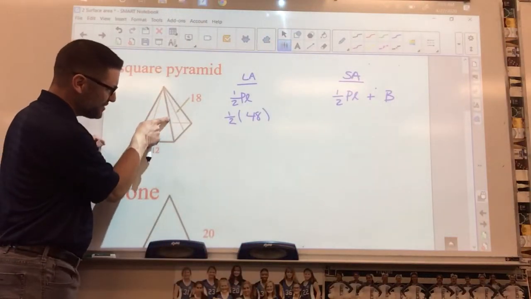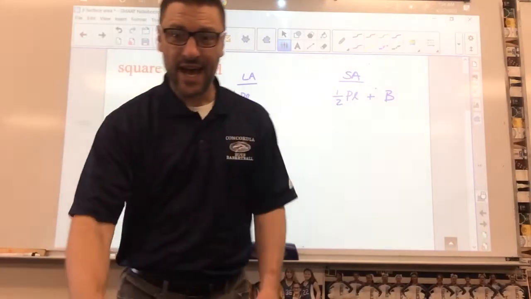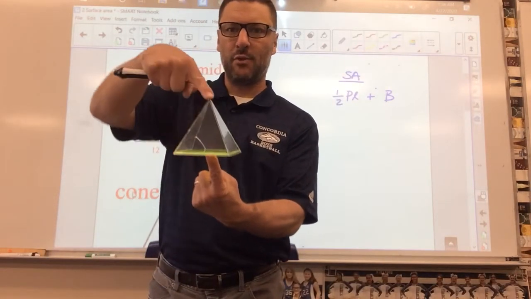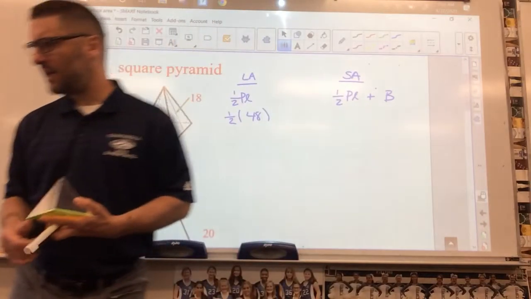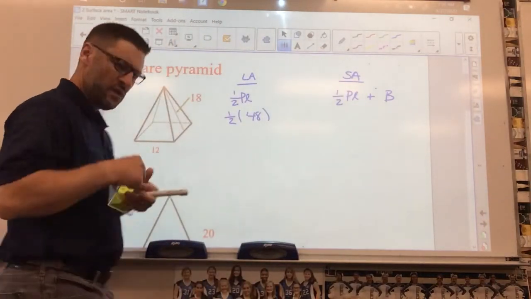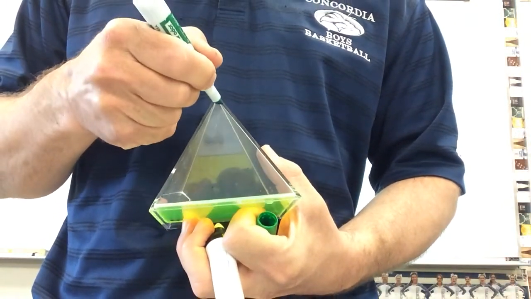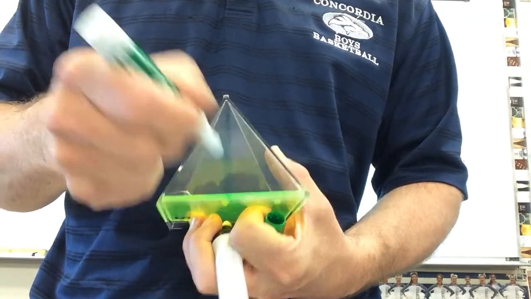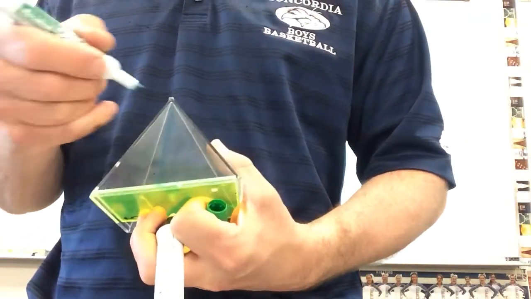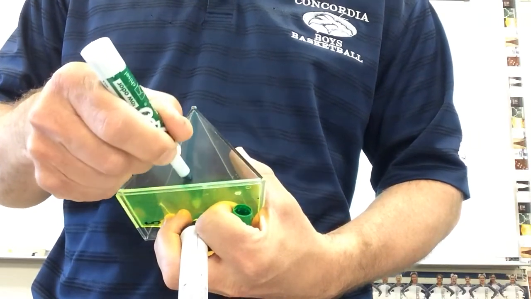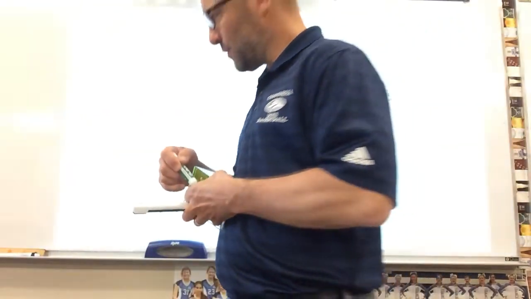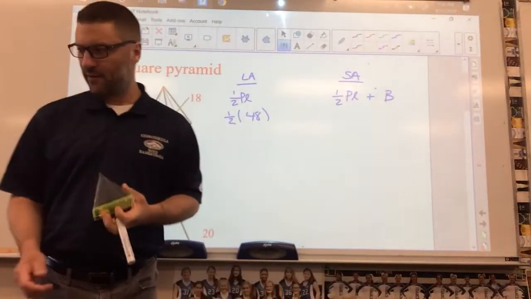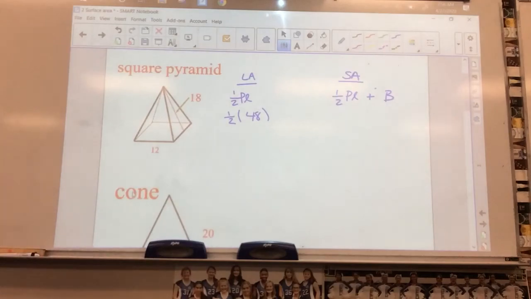Now, it is not an edge. It is definitely not the same height that we used in volume. In volume, we went finger to finger. We had to have a perpendicular height. This slant height is what you get if you take a marker and draw it right down the outside of it. Can't even hardly see that, but it's there. Down the outside right there, right angle. The slant height is basically, in essence, the height of one triangle. So if you could find the height of one triangle,